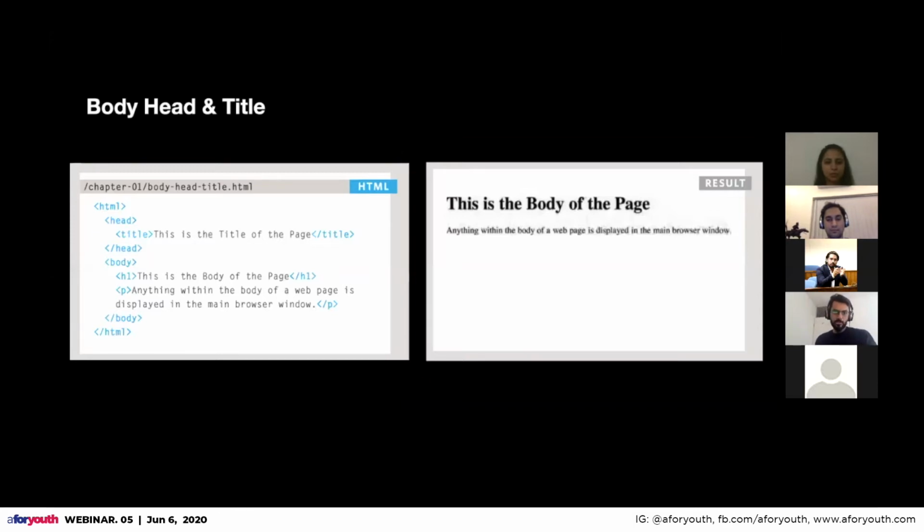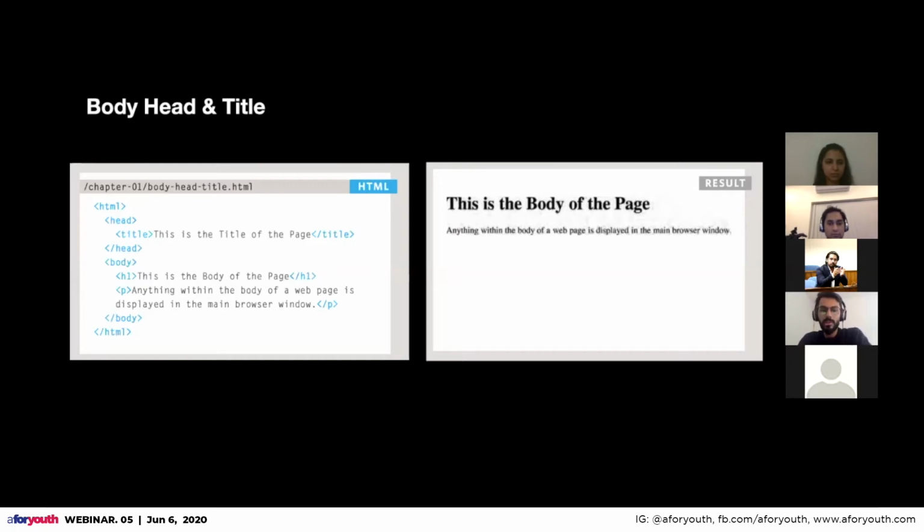Yeah, okay, so let's move to some real code. On the left-hand side, you can see an HTML block of code, and you see inside the HTML tag, you have a head tag, which is also being closed. And inside head, you have a title tag, which contains the title text, and it closes as well. The same goes for the body. You have an H1 heading and then a paragraph text. So the result of this simple code will be on the right side.